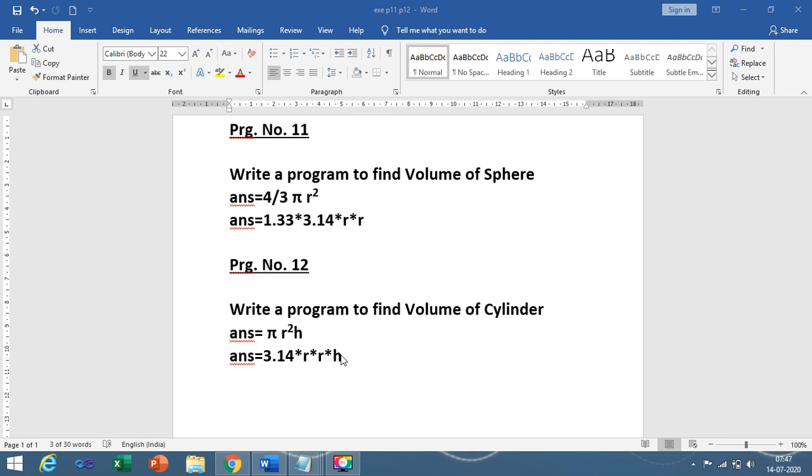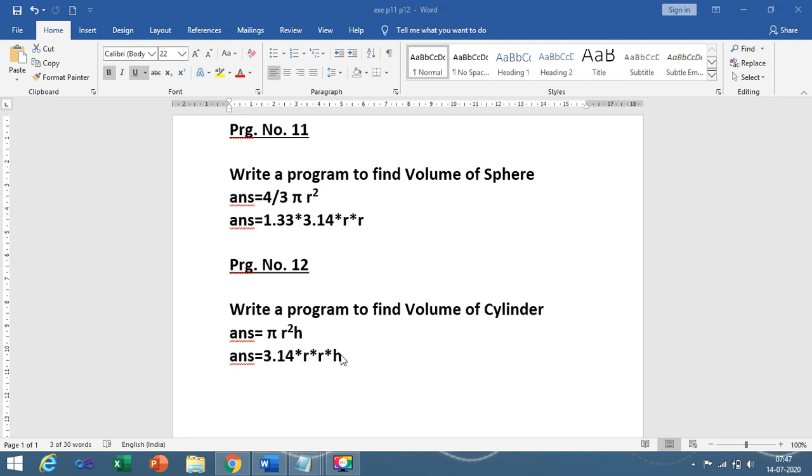So these two programs you need to develop. This is the homework for today. You need to write these programs in your rough book. In the next session I am going to share the notepad file related to these two programs. I hope you develop these programs. You need to try to develop them so that you learn how to write the program properly.